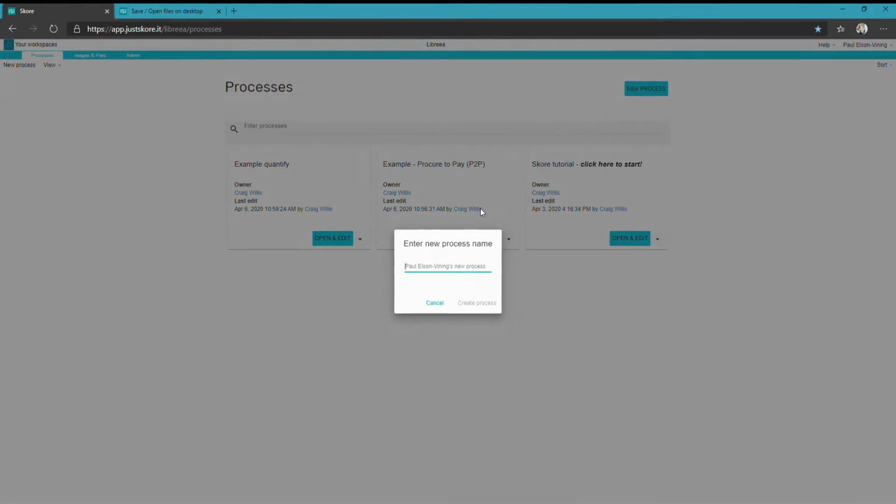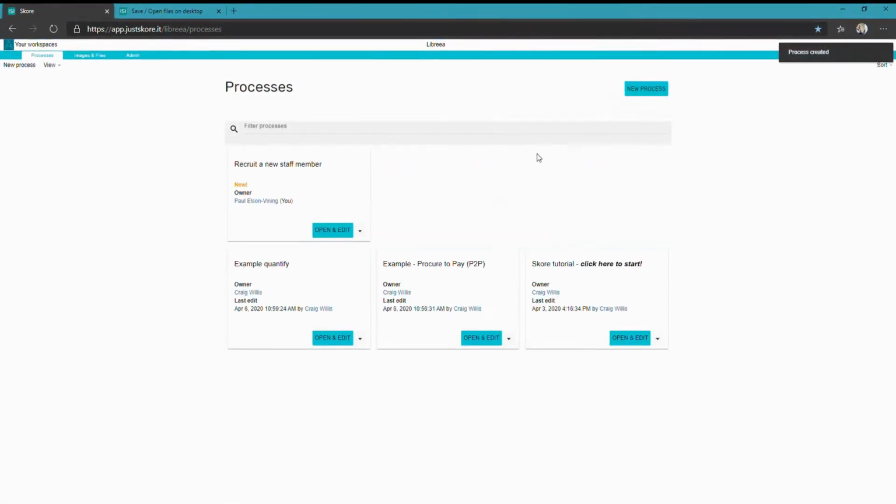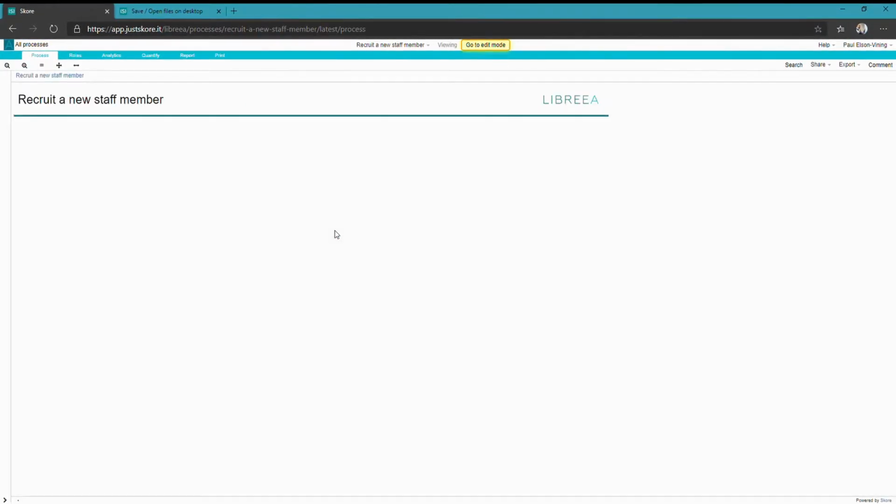So here I'm going to call this recruit a new staff member, and this will form part of the process title. Now, within the setup of this machine, we've also got some branding associated with the process, but it's very, very simple. So if I start here with looking at the process itself, we start by looking at this view mode, so I can't make any changes to the process. So I'm going to go into edit,